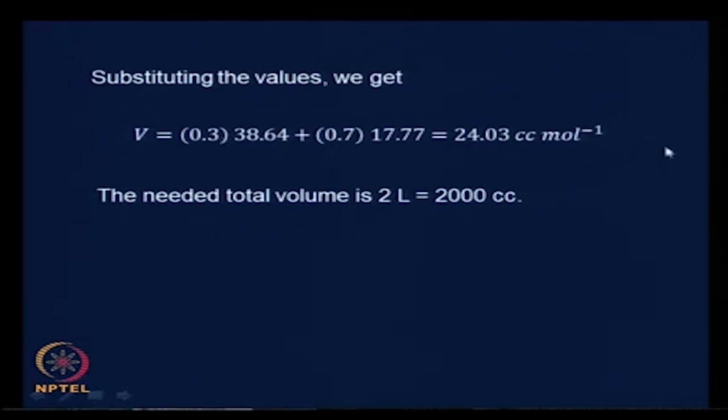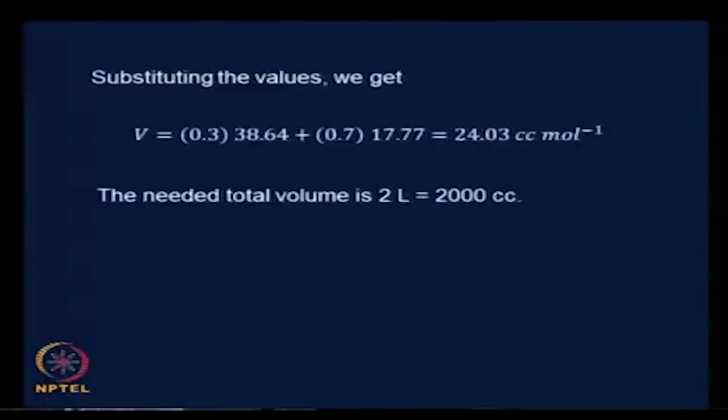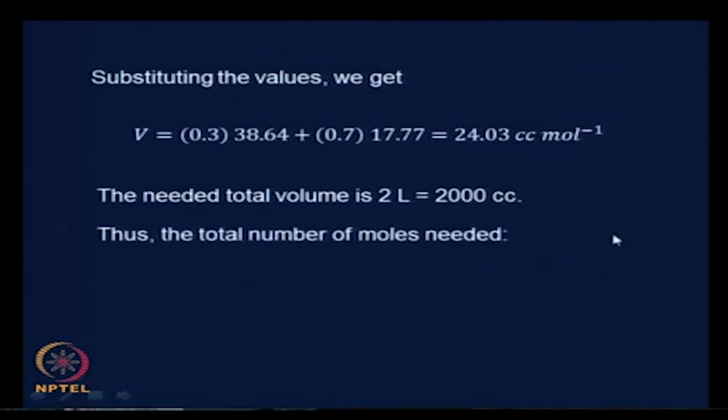So, this is something that we need to calculate for whatever we need to do. We need to essentially find out how much of these two components we need to mix to get 2 liters of the total solution. The total volume needed is 2 liters, which is 2000 centimeter cubed. We have these in terms of centimeter cubed, and therefore let us also convert this into centimeter cubed, that is 2000 centimeter cubed, and the total number of moles that is required,